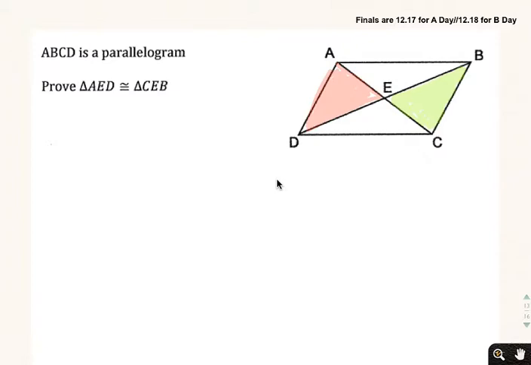So since it's a parallelogram, there are a ton of properties that are true. Opposite angles are congruent. Opposite sides are congruent. Opposite sides are parallel. Diagonals bisect one another. So there's a ton of stuff we can draw. But again, I want to go with the fastest, easiest thing. So here's how I'm going to do it. I know, first of all, that opposite sides have to be congruent, and there they are. So I know that's one side because it's a parallelogram. The second thing I'm going to note is that since the opposite sides, top and bottom, are also parallel,